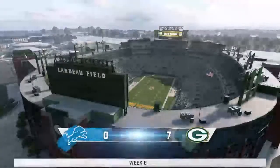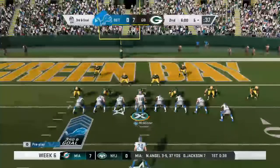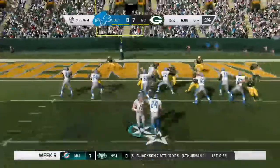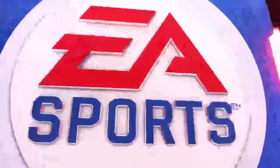After one, 7-0 Indy. They need to reverse the trend. The last 2 plays have gone back. And he's going to take it in for a Lion touchdown. A great...